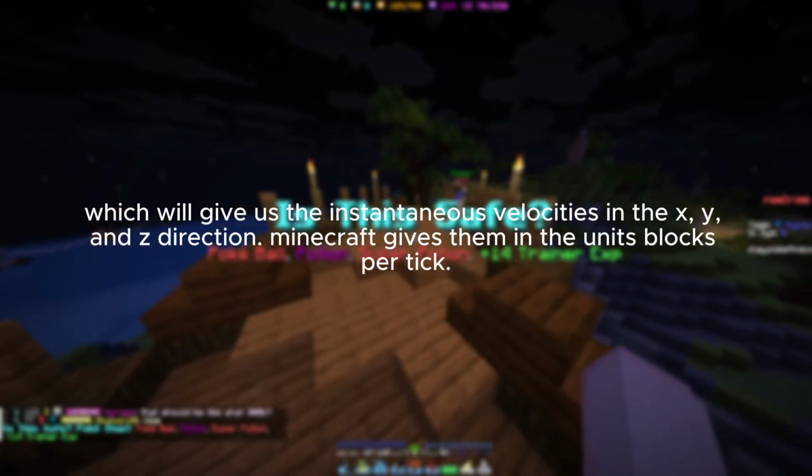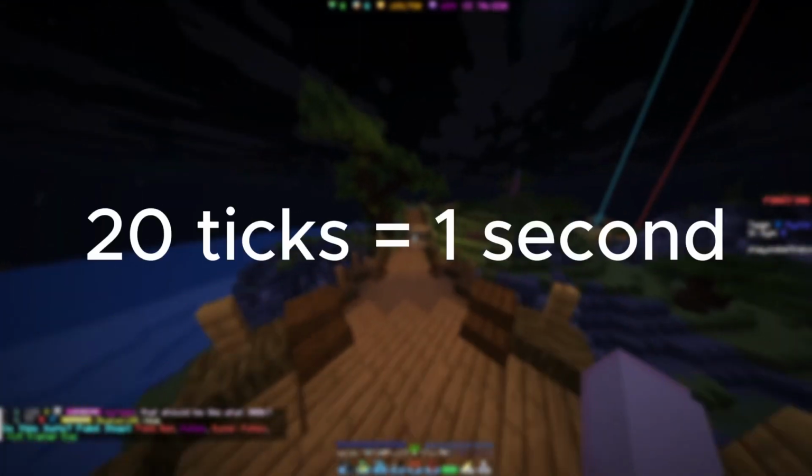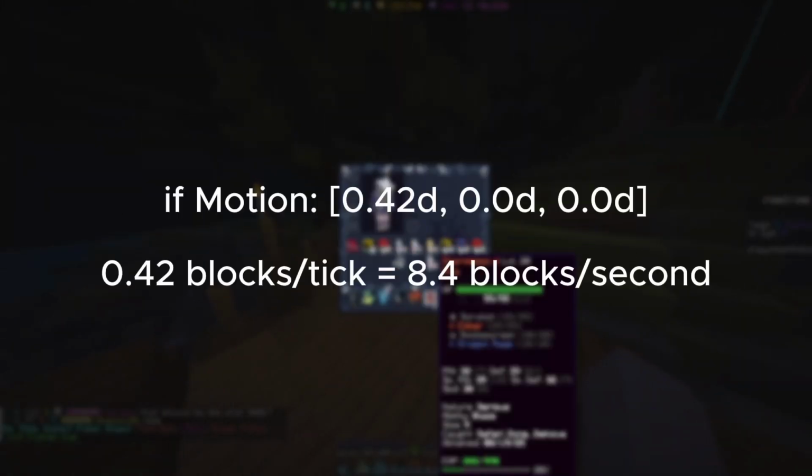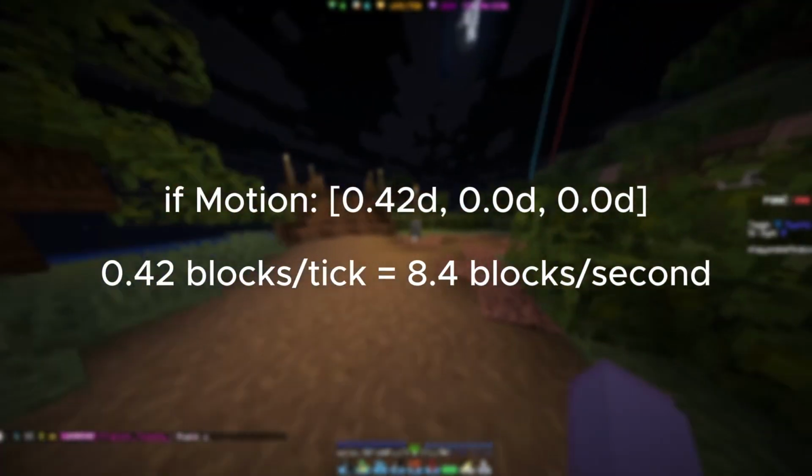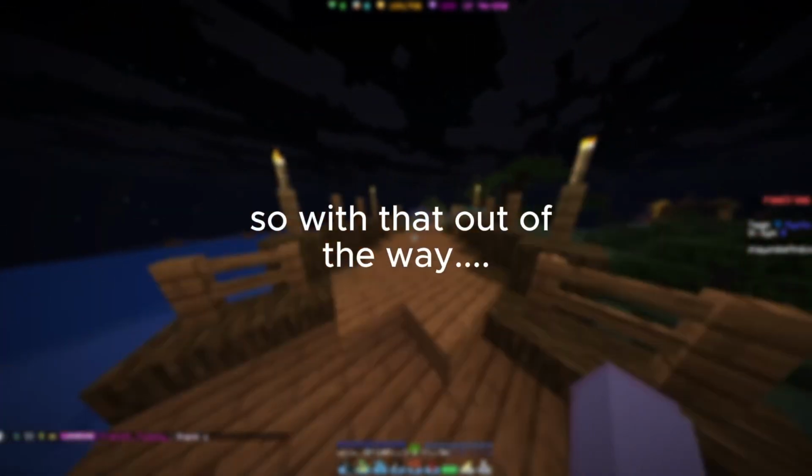Minecraft gives them in the units blocks per tick. There are 20 ticks in a second, so we can easily multiply the number Minecraft gives us by 20 to convert it into blocks per second. So with that out of the way,